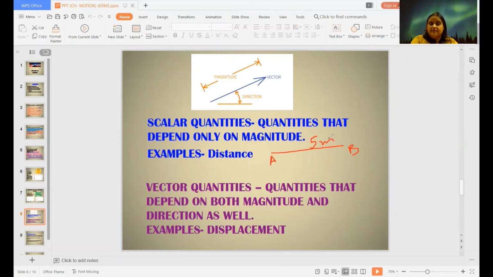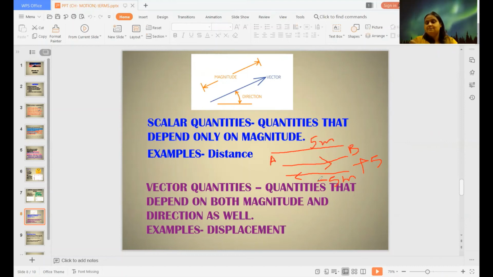Again, I'm repeating, if you say that when you were moving from A to B, so let's suppose you have taken +5 because it is moving towards right. Generally, when we move towards right, we take it as positive, right? In Cartesian, when you do plus minus, same way. But when it is changing direction, moving in the opposite direction, yes, that has covered 5 meter, but in the opposite direction. So +5 will become -5 because of the opposite direction. So when you add the two numbers, that will give you 0.